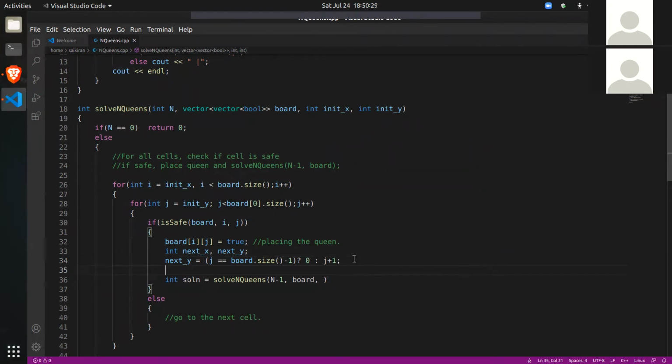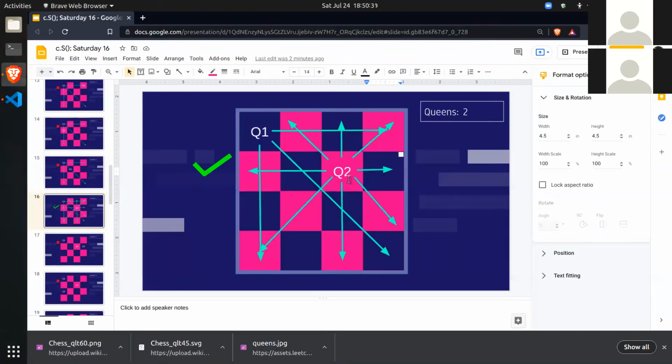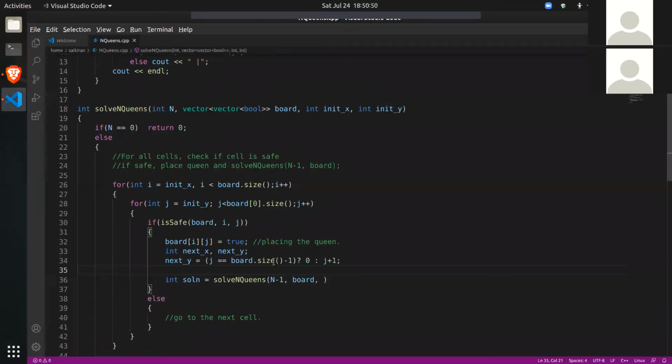Okay. Similarly, what will the next row be? So if Q3 is not in the last column, next row will be the same row as Q2. But if Q2 is in the last column, the next row will be row plus 1 because Q3 will go to the next row, first column. So next x is equal to, again we need to check this condition, board dot size minus 1.